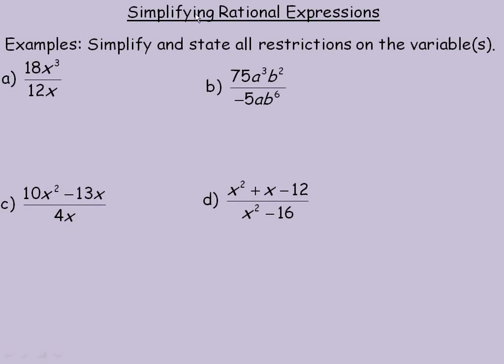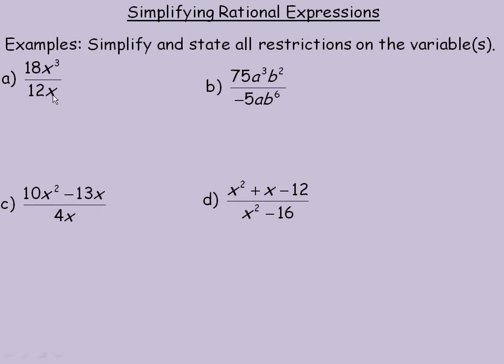In this lesson, we'll take a look at simplifying rational expressions. And rational expressions are basically a polynomial divided by another polynomial. Like a rational number, like 2/3 is the ratio of 2 to 3. It's 2 over 3. It's an integer over another integer. So 18x cubed is a polynomial, is actually just a monomial, and 12x is another monomial, and they're divided, so it's a rational expression. Now, in order to simplify this, look for the largest factor that divides into 18x cubed